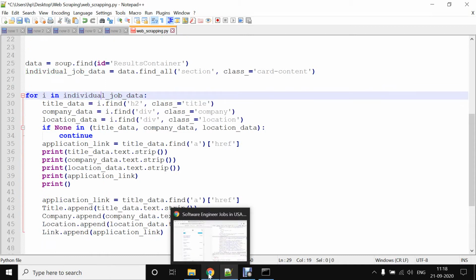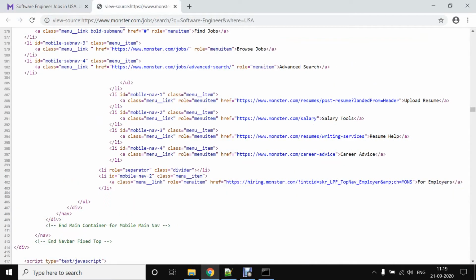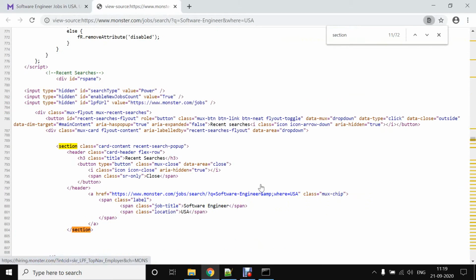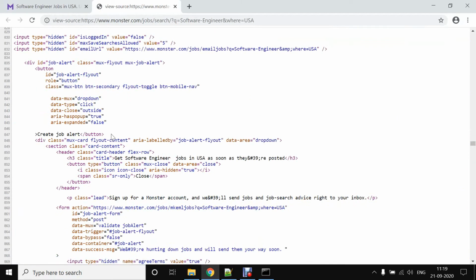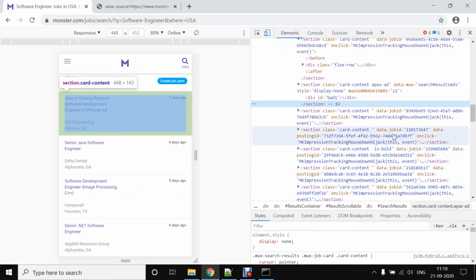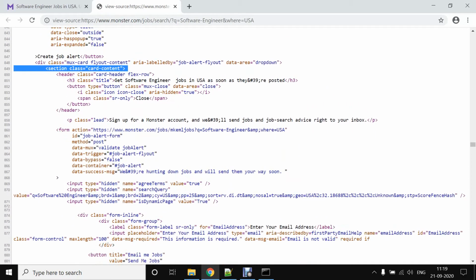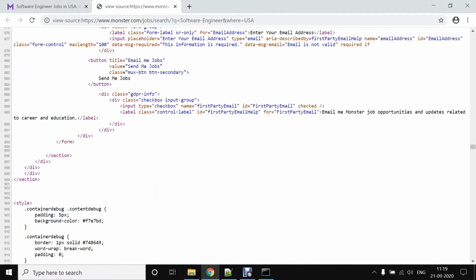Here is a section. The screen is small, so it will be difficult to understand. Here you can check that we are fetching data from the section with class card content, right? Under that we have a title tag which contains the whole data.